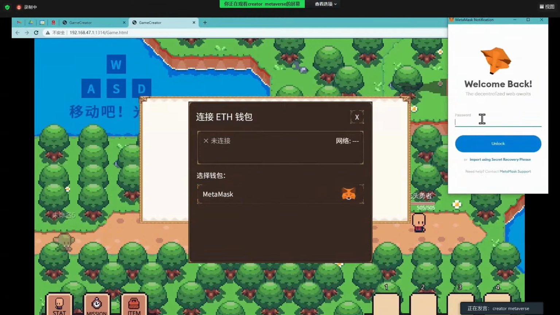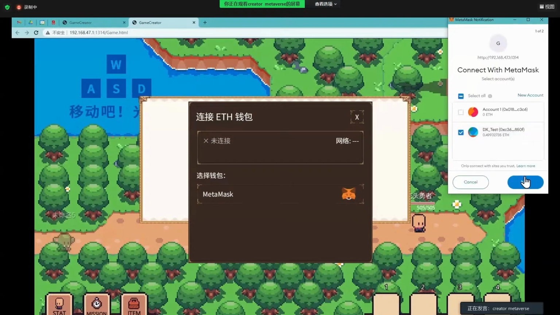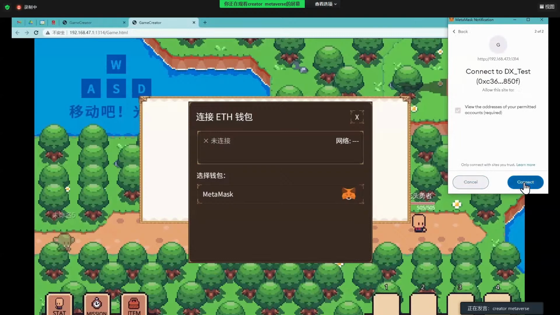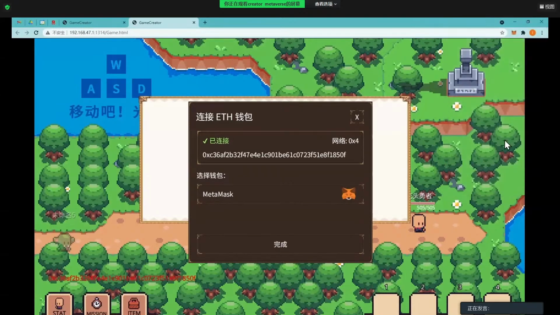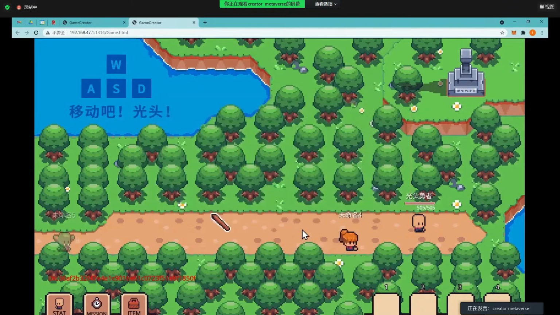It will call out my wallet in the Chrome extension, and I'm unlocking. All right, and log in to my account. Connecting. Yay, it's connected. And here is my wallet address. And let's say continue.